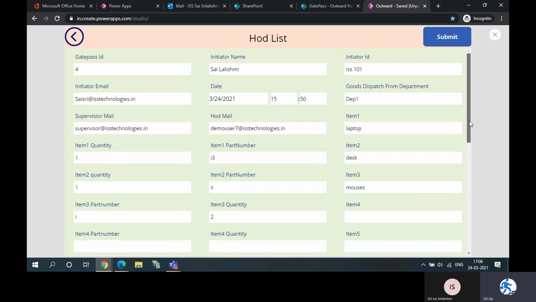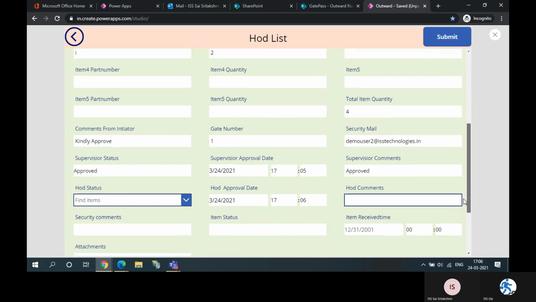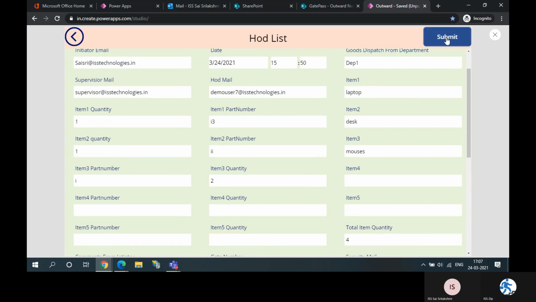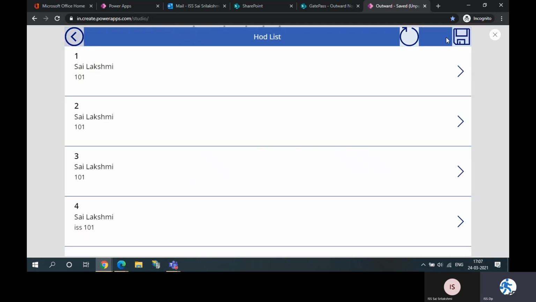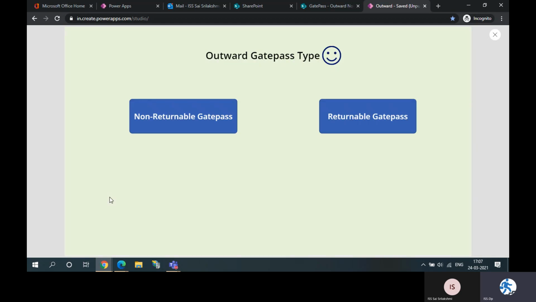Once the HOD logs in, he can view the content and approve it, and submit. So this will go to the gate. By the time the material reaches, the security also instantly gets the pass.